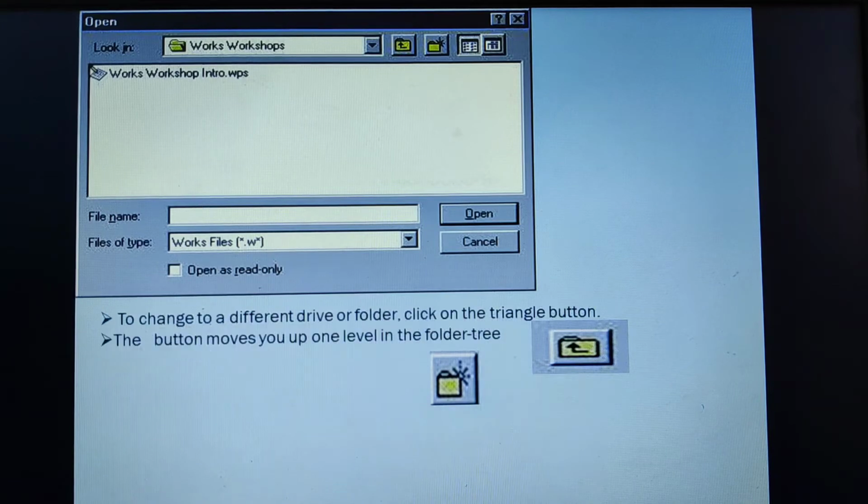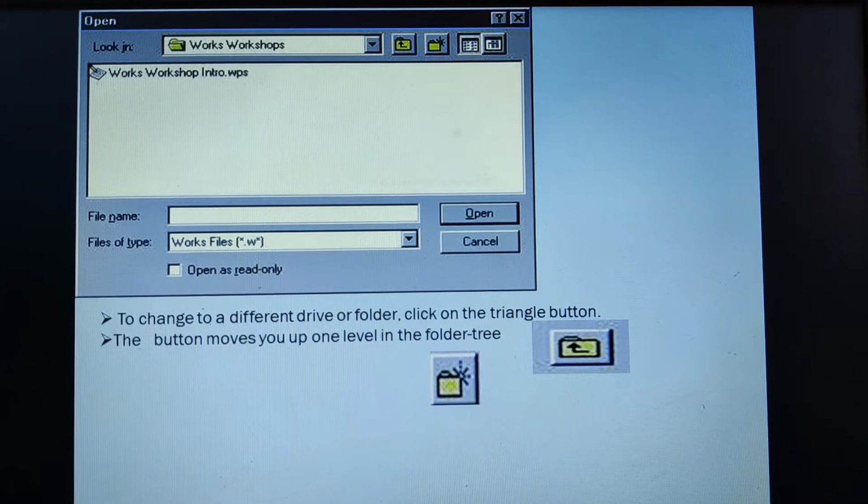The next option here will help you to move back one level. Suppose, for example, you want to open a file which is there in the C drive. In that you have one folder known as Sample Pictures, in that you have one Word document, and from there you want to open. Now you might click onto the C drive, and instead of going to Sample Pictures, you might have entered some other folder known as Pictures.